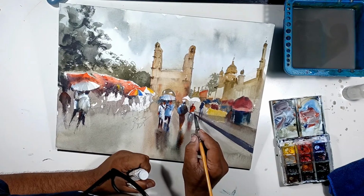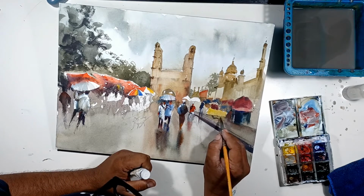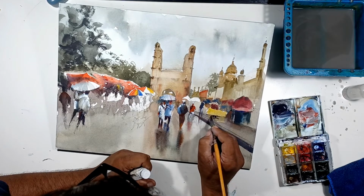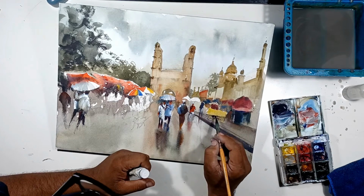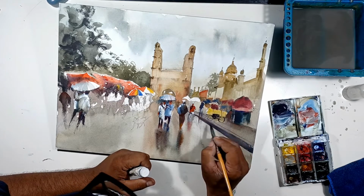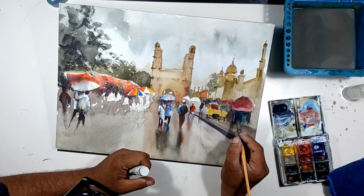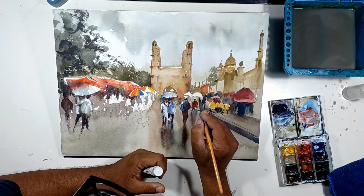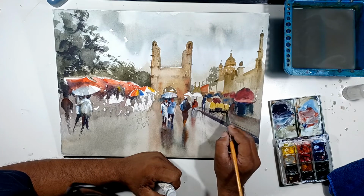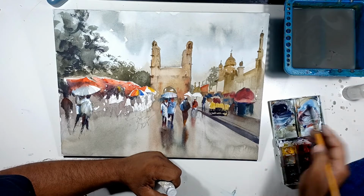So there is this paveway, and then you have this gadi, this street hawkers shop over here. So you have this thing, and then you have this thing, and it's wrapped, and just try to give the suggestion. Don't make it realistic, you have to make it lively. That is very important. So you don't have to make it realistic. Now little dark here, so let's make the chakka first, what's it called, the wheels first, and then